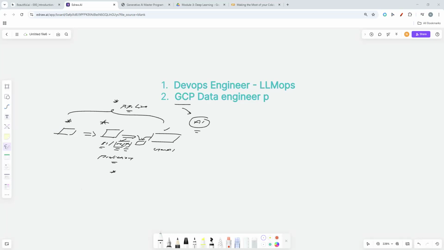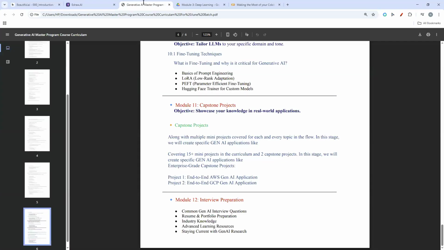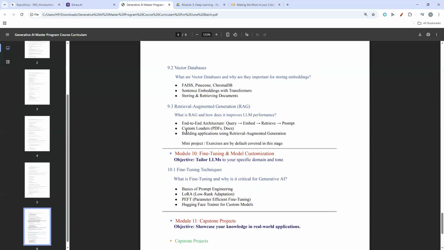No, MLOps we won't be teaching. MLOps is for ML engineers. If he is going to deploy any kind of ML application or ML model, he'll be using MLOps. And for generative AI engineers, we have LLMOps. You would be seeing very few job vacancies with the LLMOps keyword. We will be covering this part when we cover the deployment of AI models.